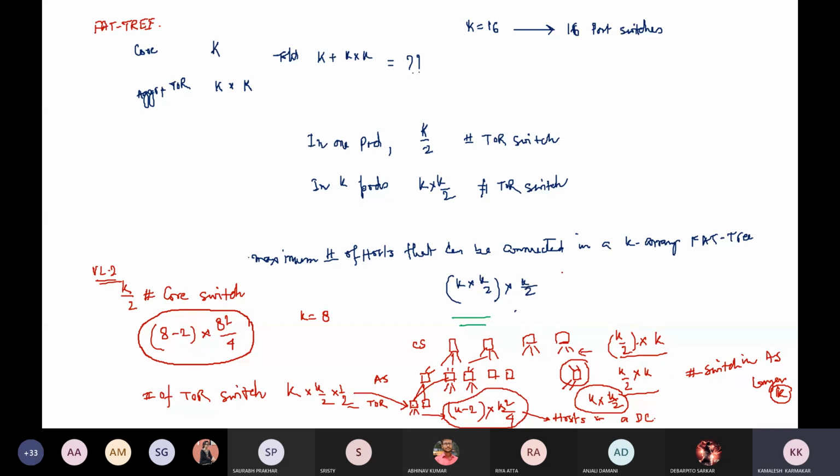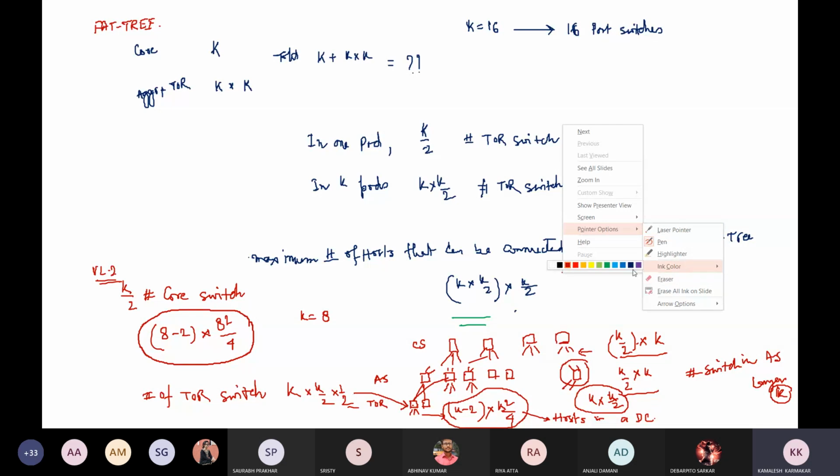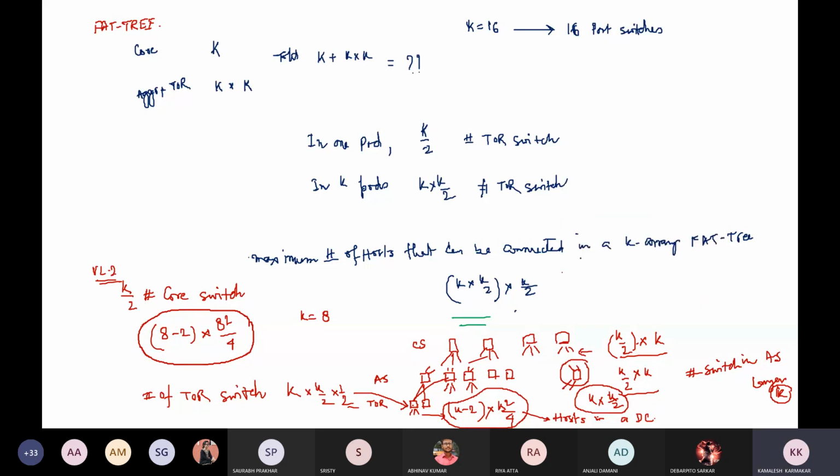Okay, so here I will just change this color. Just wait for 1 minute. So here for this network, we have k cube by 4 hosts that can be connected. Whereas in this network, it will be k cube by 4 minus k square by 4.